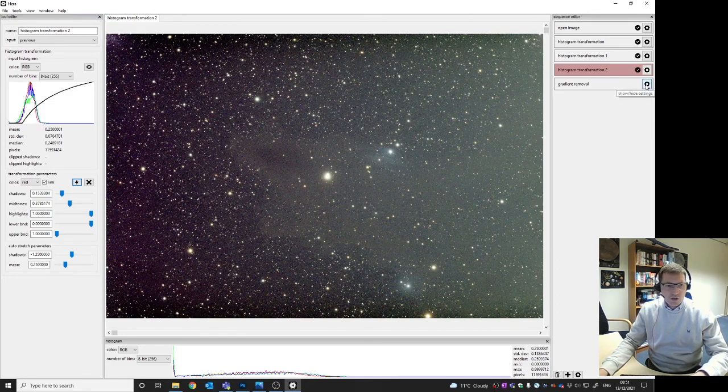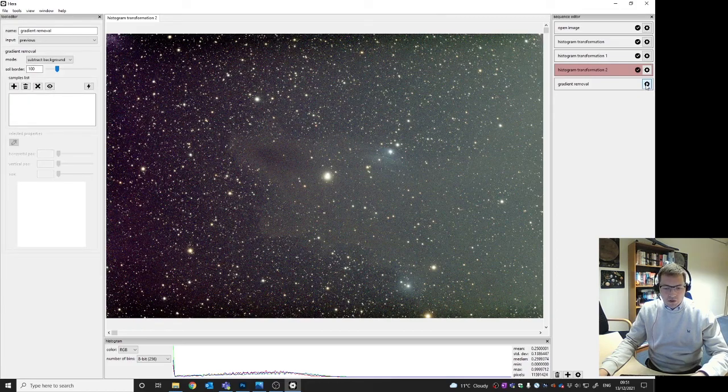The process of the gradient removal tool is to add samples in locations that represent the background sky, and then the software will fill in the gaps between the samples and to the edges to calculate the background sky brightness and color variation over the image and subtract that from the original image. There are various tools out there to do that, and some of them have some premium prices, and I've no idea how they work. Maybe they use 2D polynomial fitting with algebraic surfaces, which was my first idea,